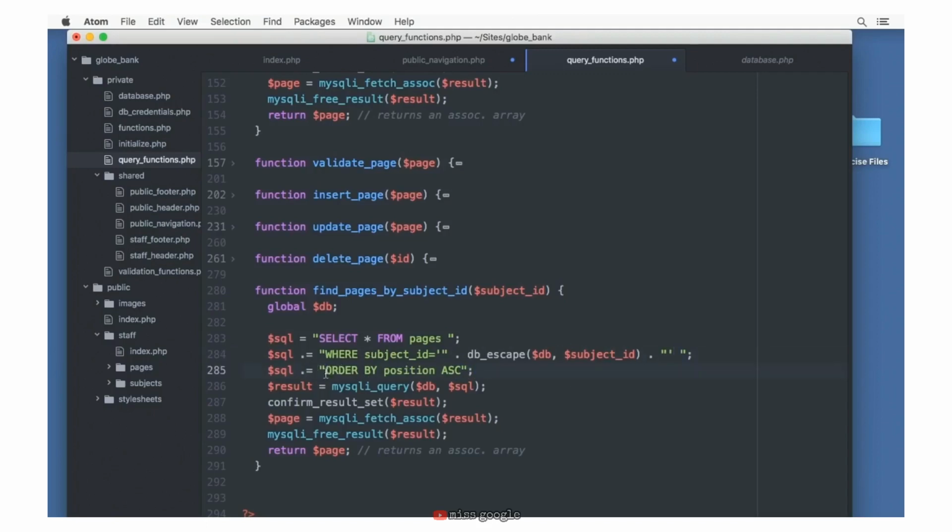And we do end up with a space before the O in order. Then we're going to perform the query and get back a result. We want to confirm the result set. That's fine. Notice before, though, we were going ahead and fetching the associative array out of that because there was